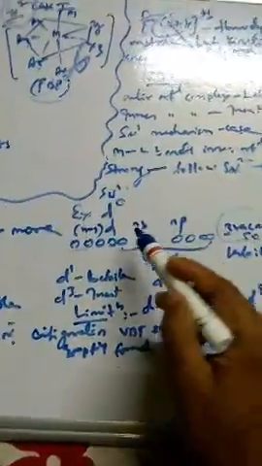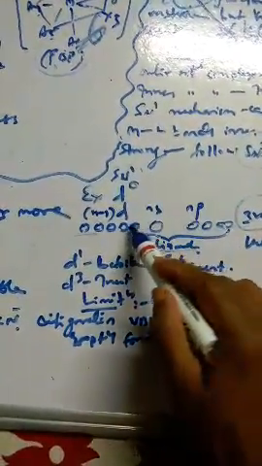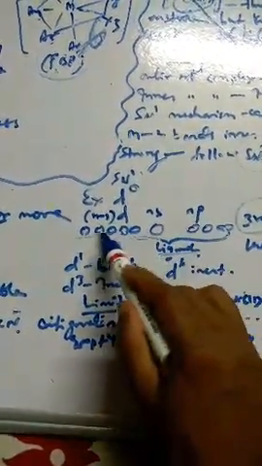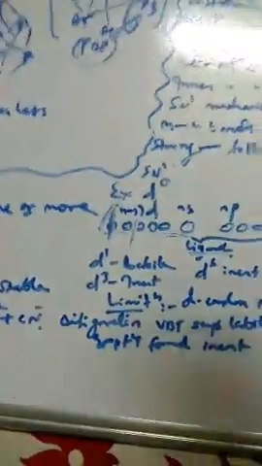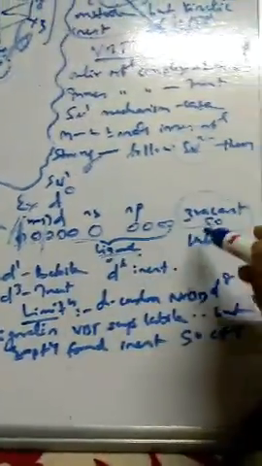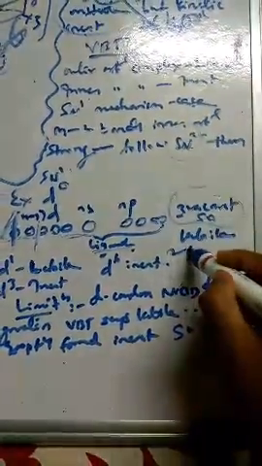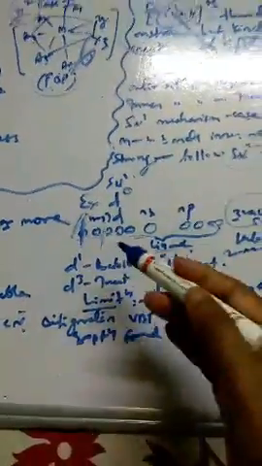Similarly, take d1 now. Same thing here, 1 2 3 4 5 6 are the ligands. 3 orbitals are vacant. d1 means I will fill 1 electron here. If I fill 1 electron, what will happen? We can see that 2 orbitals are vacant. So for d1, with 2 vacant orbitals, are they labile or inert? They become labile. So d1 also becomes labile.